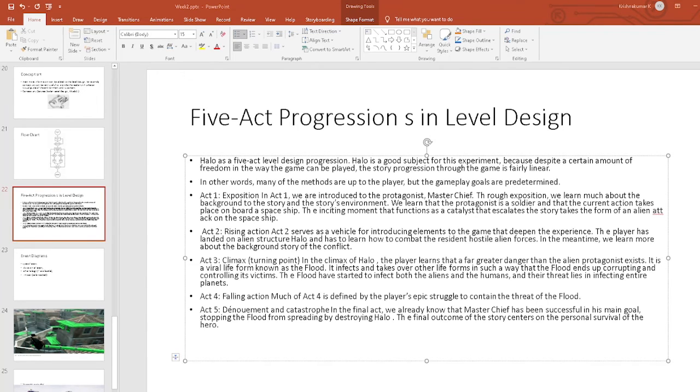So the player will be landing on the alien structure, Halo, and needs to learn how to combat the resident hostile alien forces, and how to fight the aliens that attack you back. Then we will be learning about the backstory of the conflict, why this particular conflict is happening.